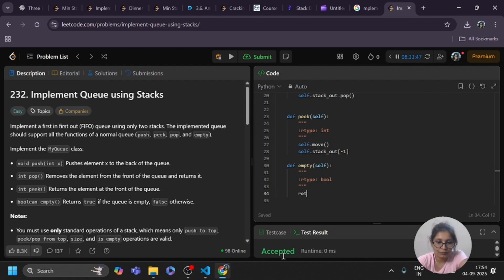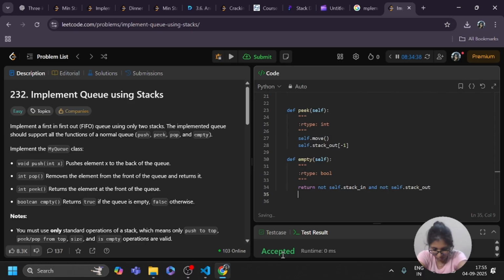Here I need to return not self.stack_in and not self.stack_out. Here we need to check whether both stacks are empty or not.